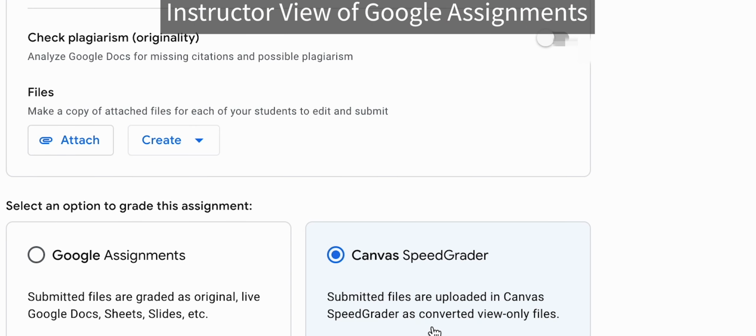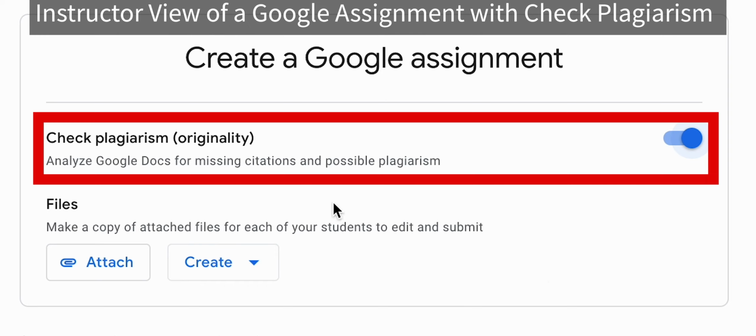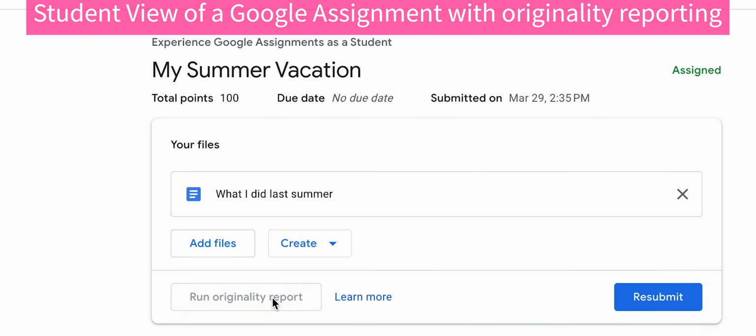Please don't change this. After confirming your account, you'll get to choose to set up your Google Assignments with a few options. First, you can opt to check plagiarism, but be aware this is only checking it against the works on the public web, not against other student work or private journal databases. Students get 3 chances to check their own work before they submit it, so it amounts to a check of